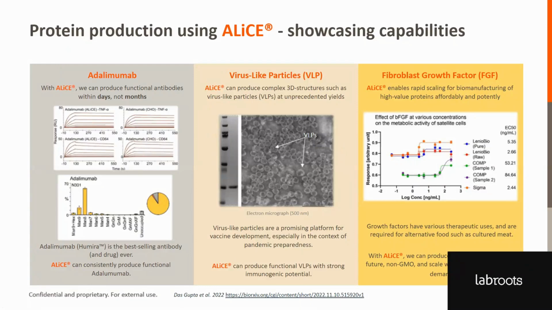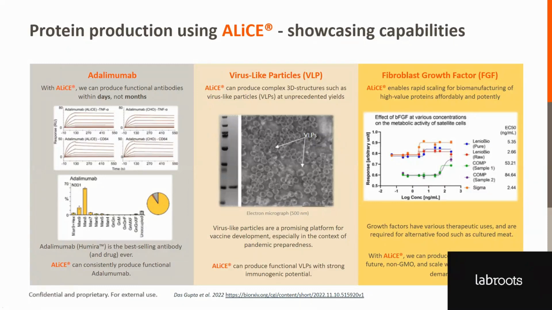This is also quite interesting because no other eukaryotic cell-free system has yet been able to provide useful amounts of protein to do this kind of in-depth characterization work, but owing to the speed, the yield, and the scalability of the ALiCE system, this is what we could achieve. In the central panel, we see an electron micrograph image of hepatitis B core antigen virus-like particles. I will explain a little more in the case study in the following slides, but just to say that we could see these fully formed multimeric structures coming out of ALiCE in the lysate without the need